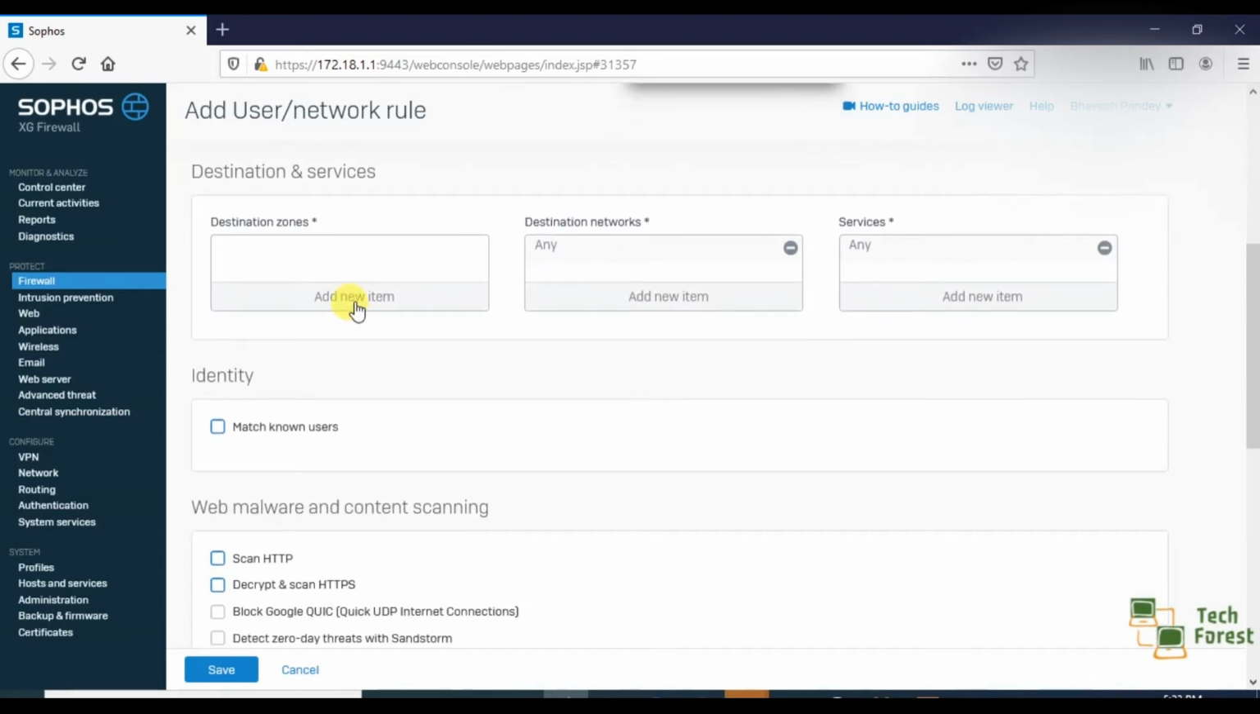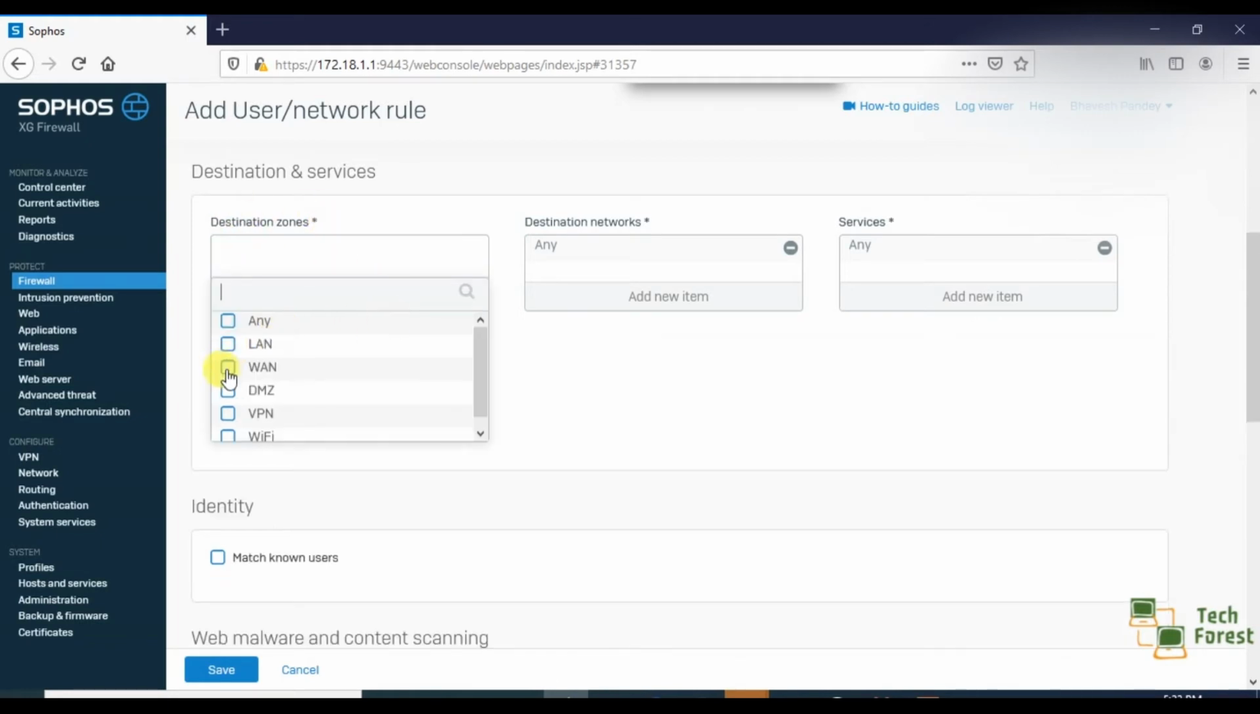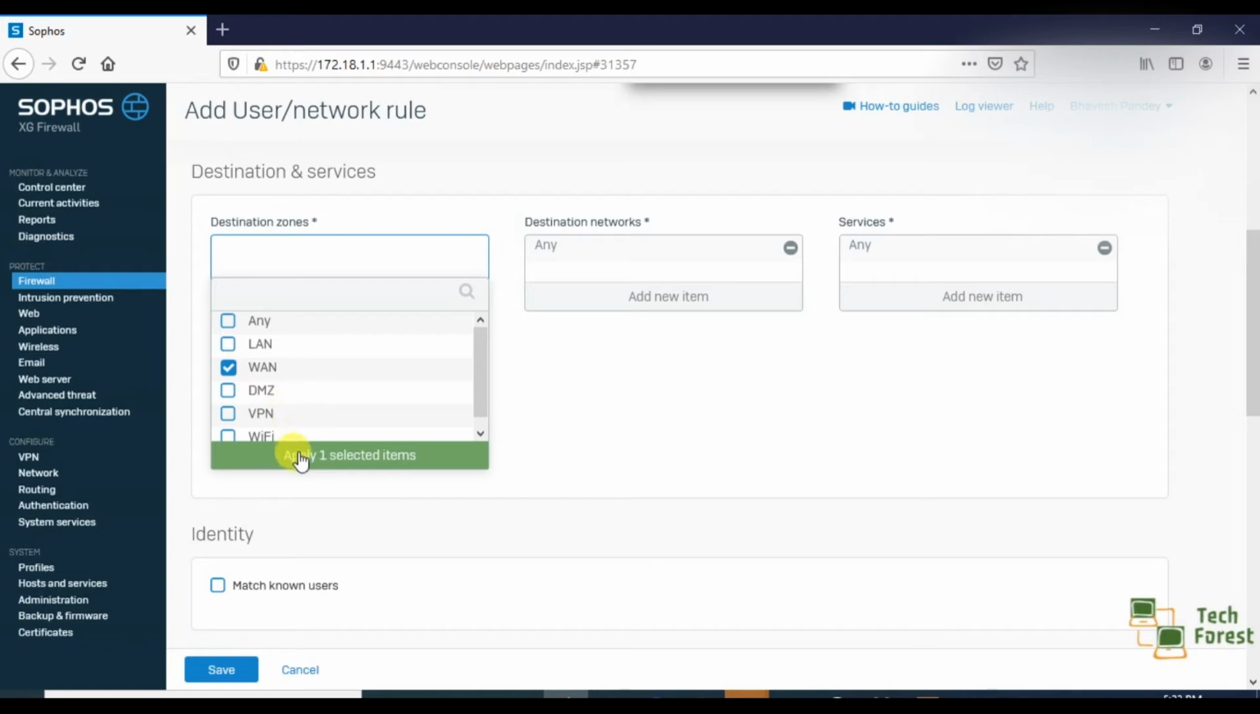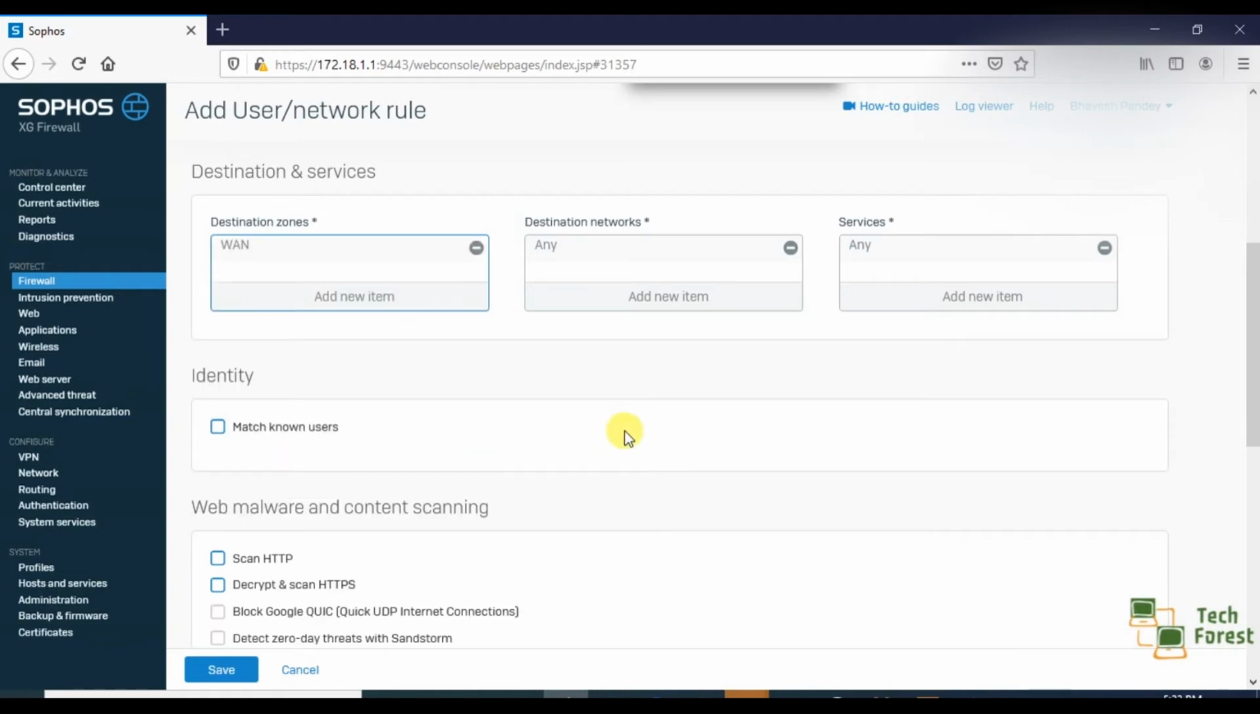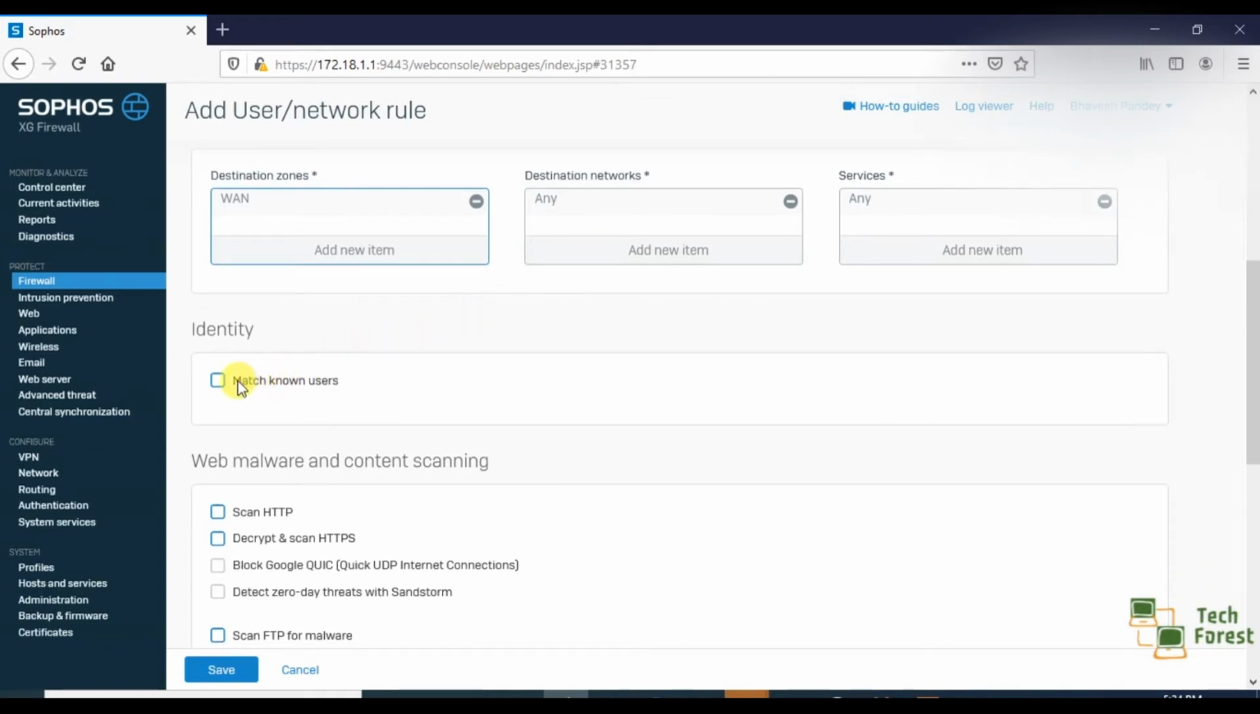In the destination zone, we want to forward our traffic to WAN. So we'll select WAN, obviously. In the destination network and services, we will set any, in the services as well any, because here we are allowing users to access any services on the internet, on the WAN obviously. On the next option we can see match known users,